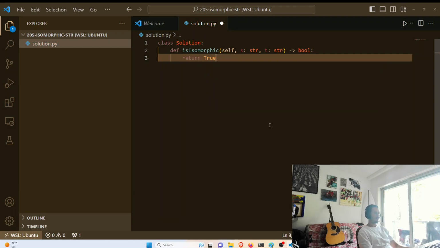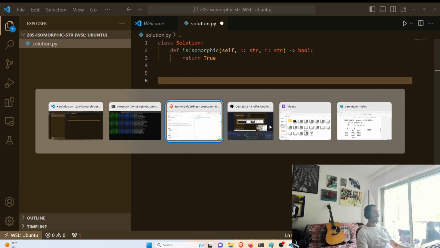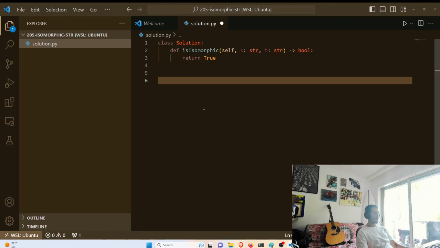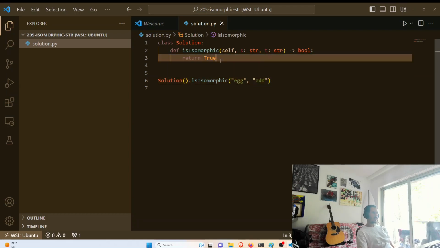Return true. Always the optimist. And solution is isomorphic egg add. Okay, so what I'm going to do here is